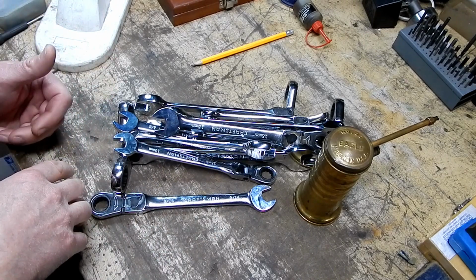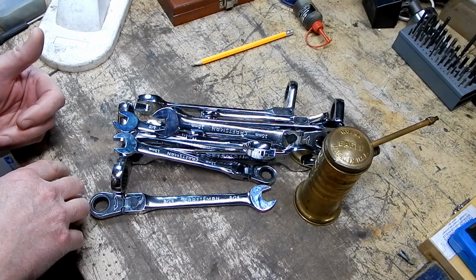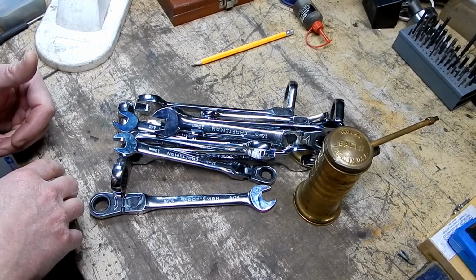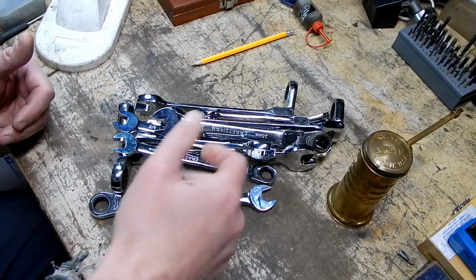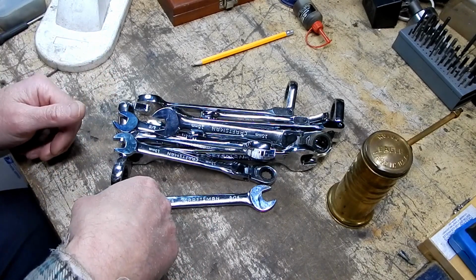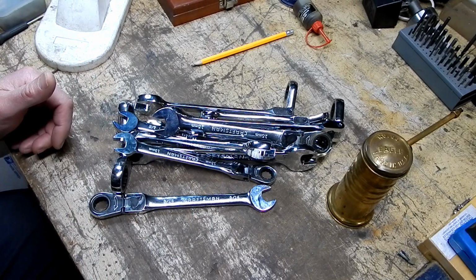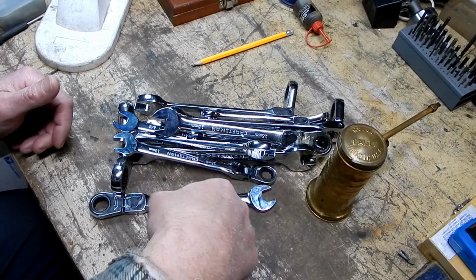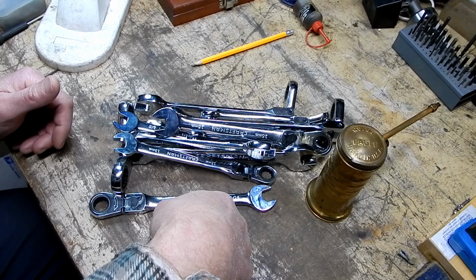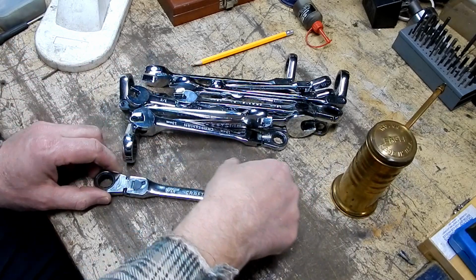One was an older Stanley, probably from the 1960s. And you know, I don't know what the value on that was, but I only paid about $8 for that at the used tool store, I think, of all places. And then there was another small wooden Stanley plane, little hand plane. It was also not a really super valuable one, but I was able to trade him the couple of planes and the cabinet and $40 cash for this stash of Craftsman